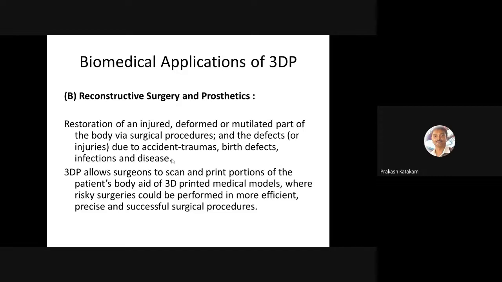So what they are doing now is a CT scan of the brain, and then they convert it into a model, and they do surgery on that model. If they succeed on that model, they will know how to open the brain and where to operate, where not to touch. All these things they will get a clear-cut idea of before surgery.